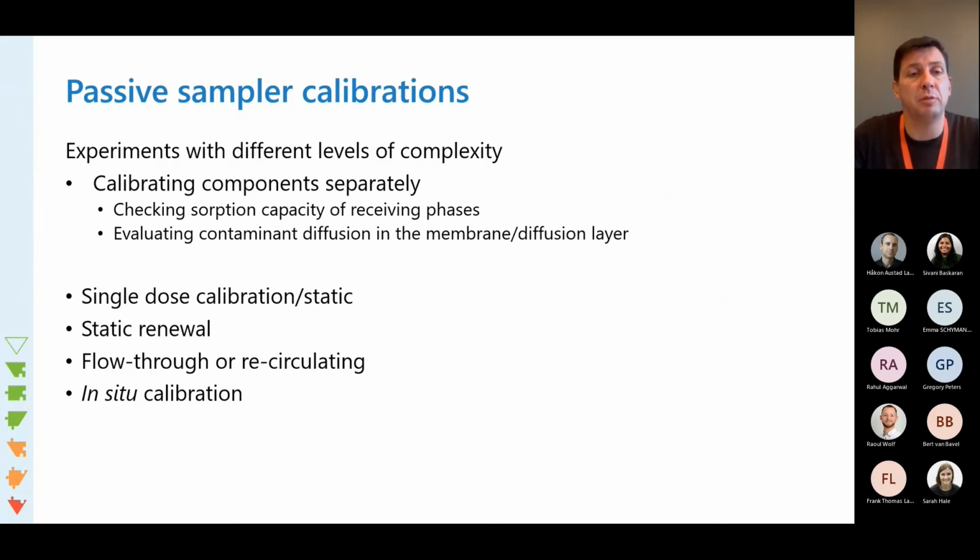In terms of passive sampler calibrations, there are different experiments that can be conducted with different levels of complexity. We can calibrate the different components of the sampler separately: checking the sorption capacity of the receiving phase, and evaluating the diffusion across a membrane. And then there's also the calibration with the whole device made. So you have calibrations like a single dose or static calibration. You have a beaker, you place your sampler into that beaker, and then you add your chemicals, you possibly agitate the experiment, and then you look at the decrease in